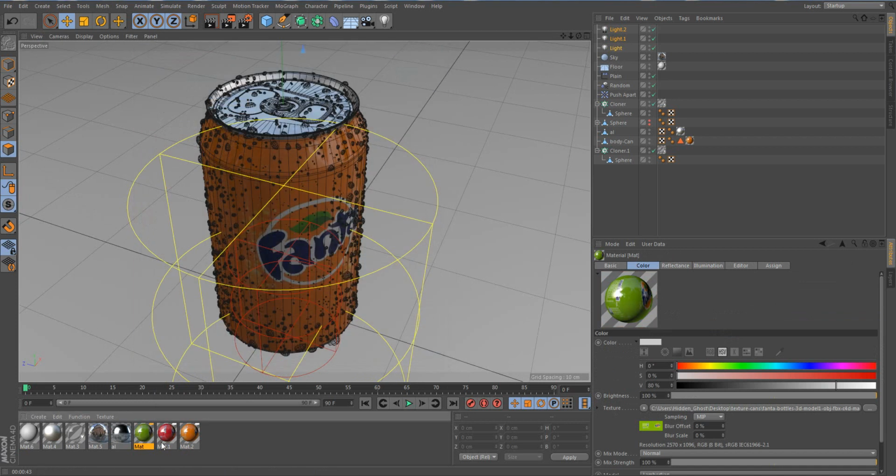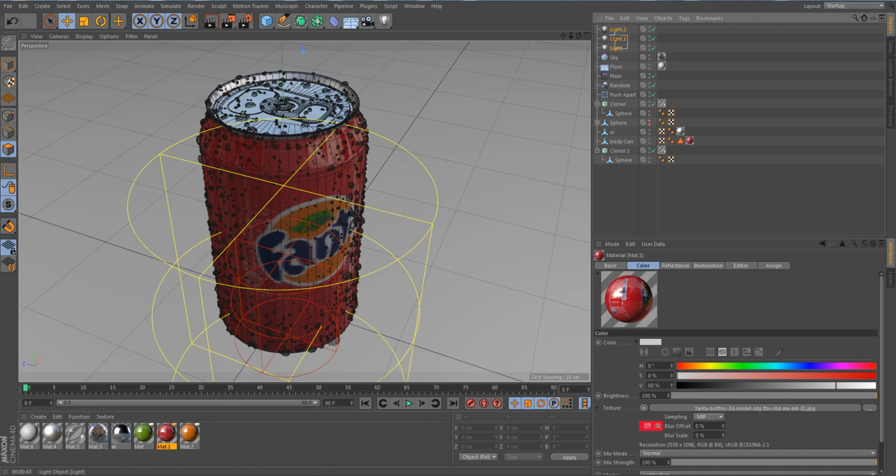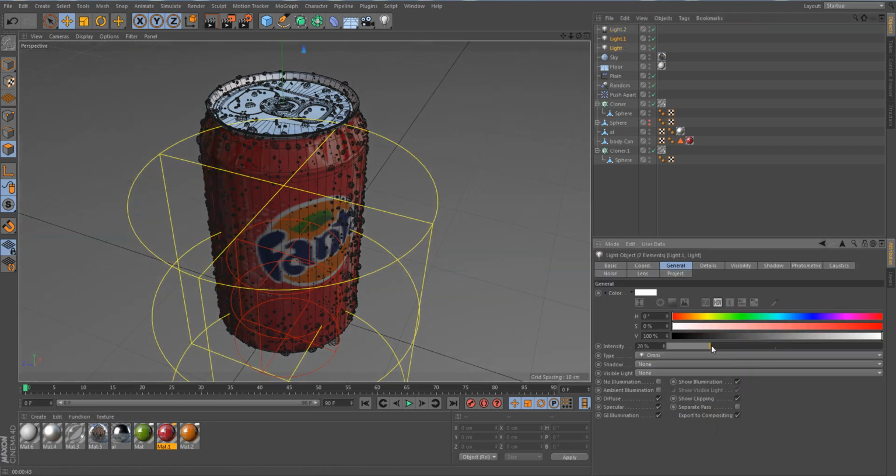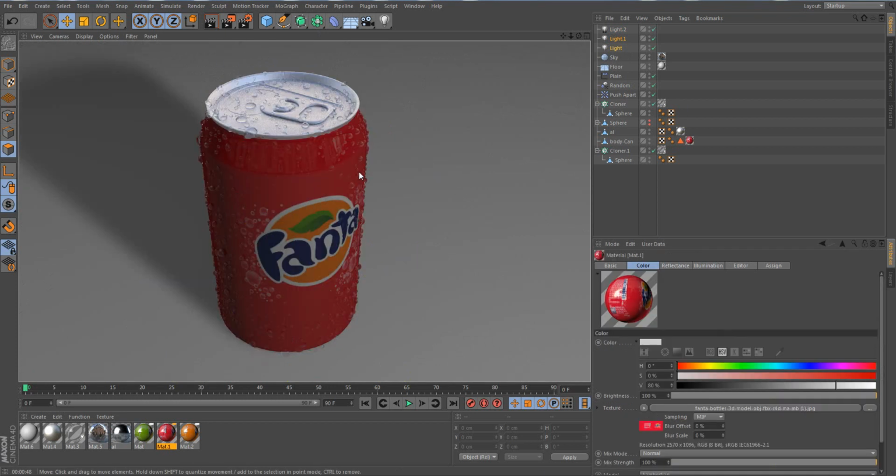Okay, let's use this texture, and this time I'm going to light from here. Okay, that's it. It needs a little bit of lighting and some tweaks to be perfect. So this was your fast tutorial on how to create a water condensation effect inside Cinema